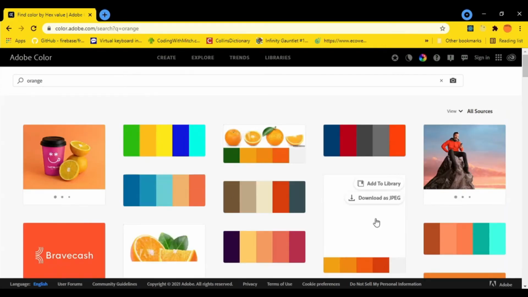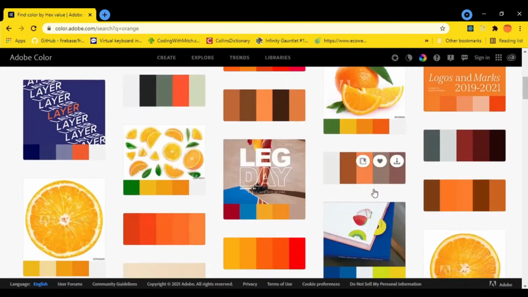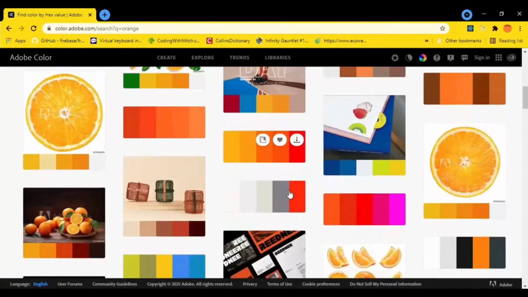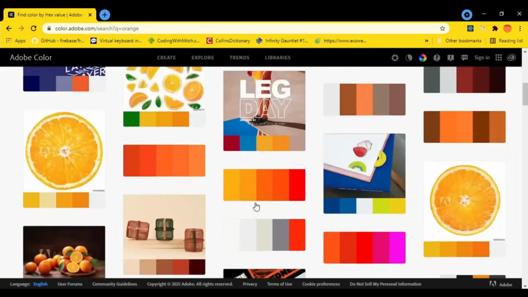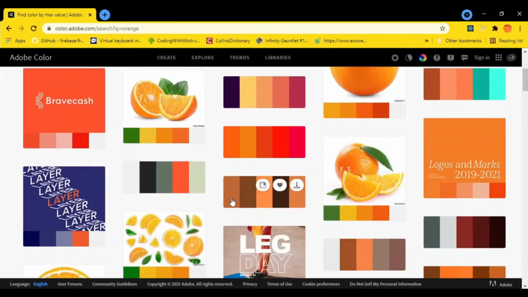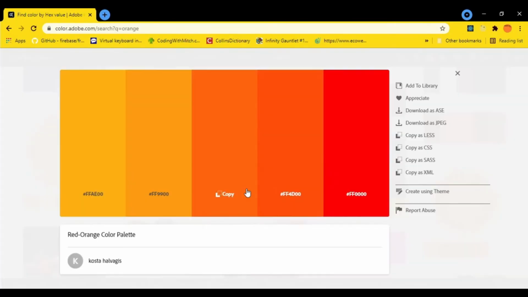And you get a lot of nice orange colors. So you can see there are a lot of colors, and yeah, I am going to pick, let's pick this one. It looks nice and also suits our need, because this one is lighter, then this one is a little bit dark, then this one is more darker, and so on and so forth.